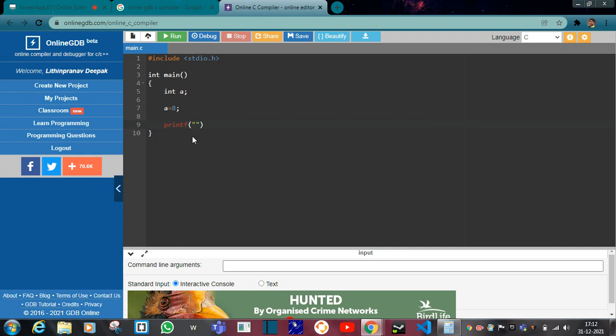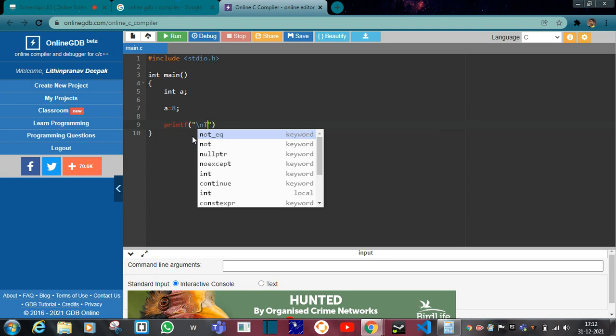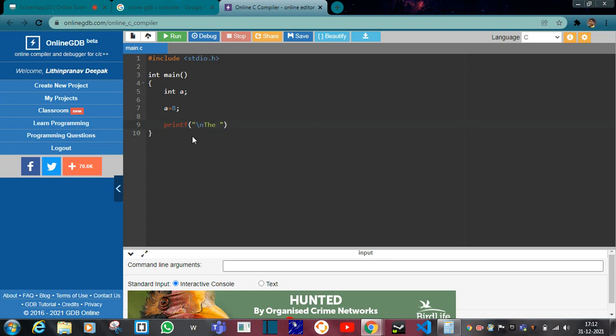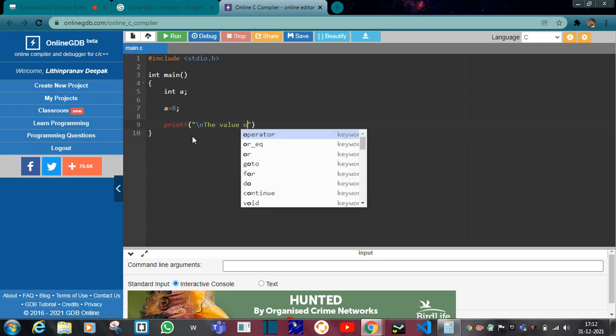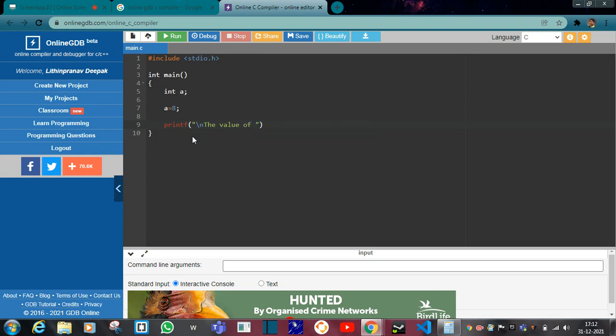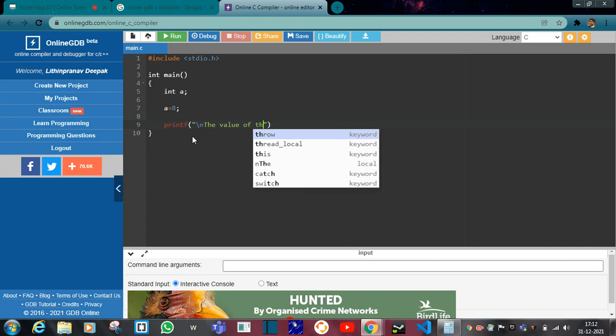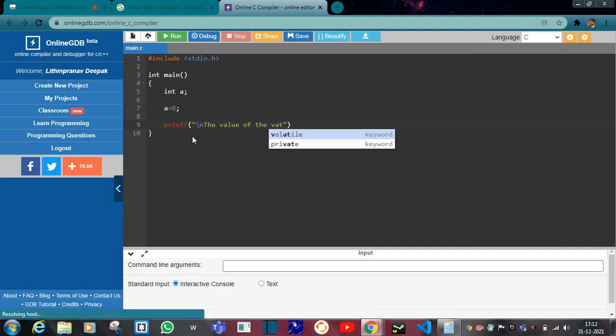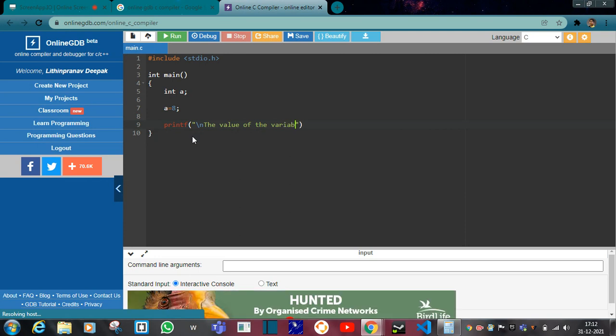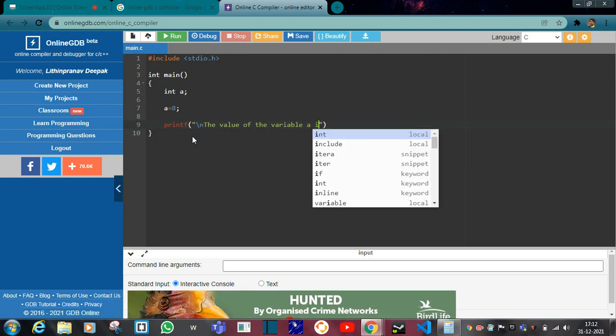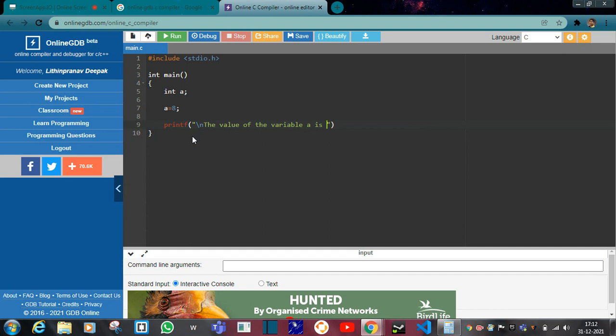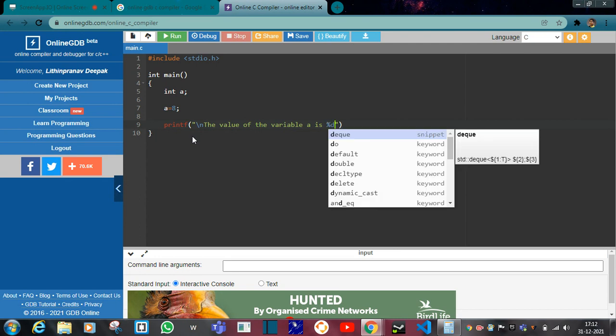After that, give slash n, the value of the variable a is,